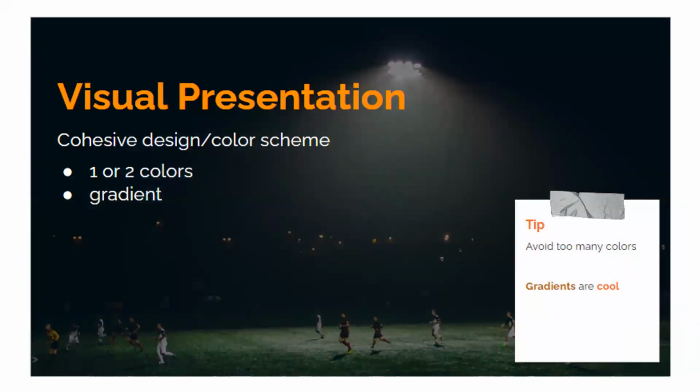Consider the design of your visual presentation for Project 1. Avoid too many colors. Try to use a pre-made template from Google or Canva that's free. You want the design of the presentation to stay consistent across the board. Then you choose 1 or 2 colors and stick to them, like maybe a color gradient across the entire presentation, like different shades of orange.